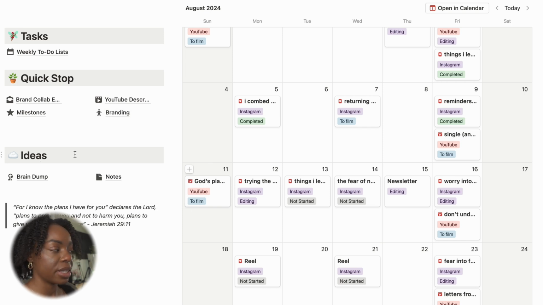And then in the idea section, we have a brain dump and notes. So obviously I'm not going to show y'all, but the brain dump is just, you know, when you're in the car or somewhere random, on the toilet, I don't know, and you literally have an idea and you don't want to lose that idea. So I run to the brain dump section and I just type whatever's on my mind. That whole section is just filled with unorganized notes of things.